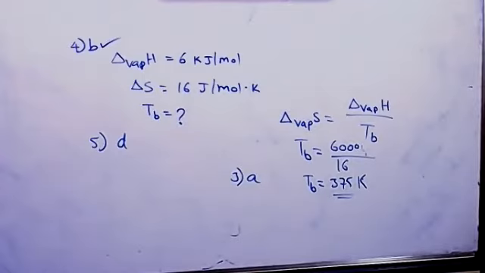Sixth question. 0.06 mole of potassium nitrate solid is added to 100 centimeter cube of water at 298 Kelvin. The enthalpy of potassium nitrate aqueous solution is 35.8 kilojoule per mole. After the solution is dissolved, what is the temperature of the solution?